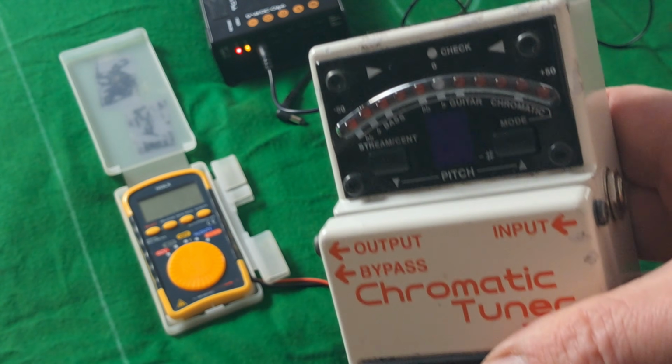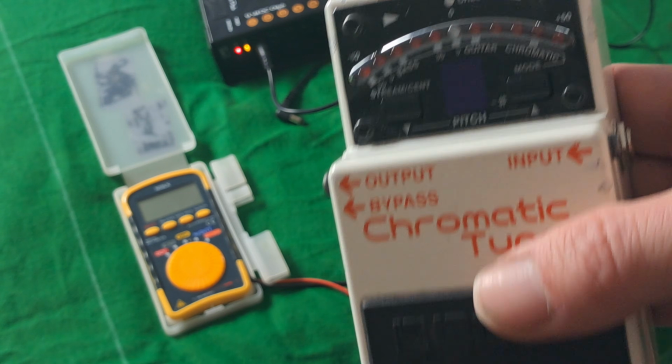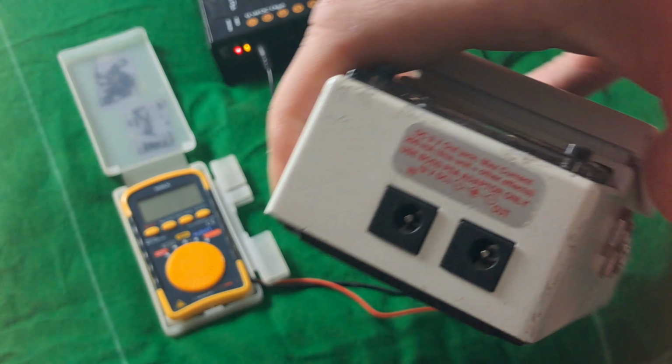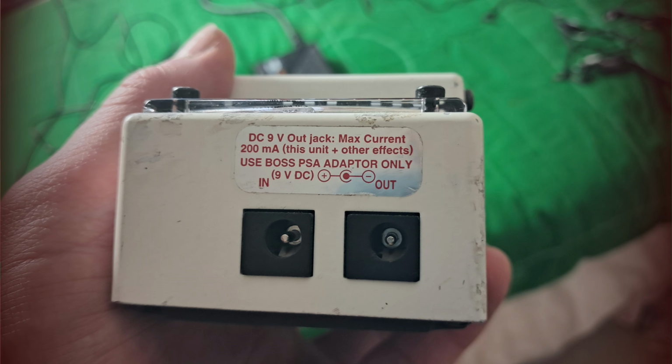Here's a standard Boss pedal. Most of them have a label. It says DC 9 volts. That's the main thing to observe, and don't really worry about the rest of the information apart from this little